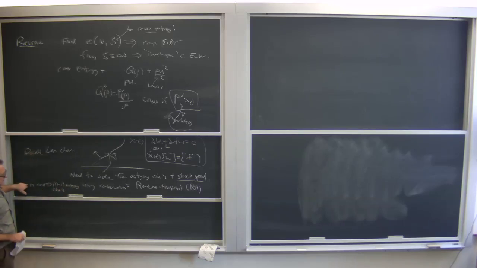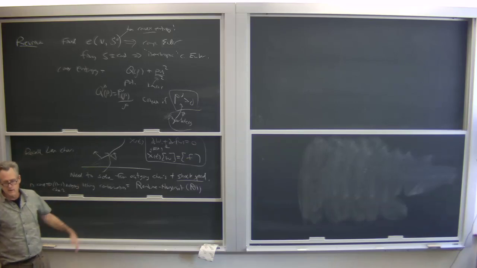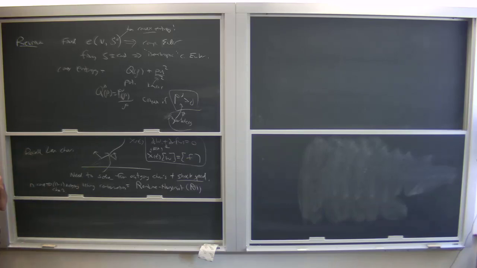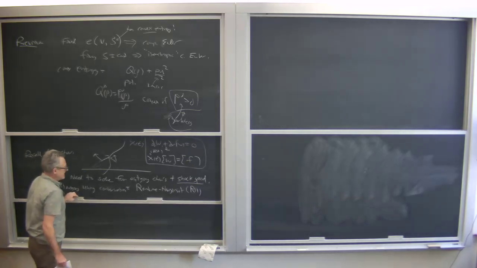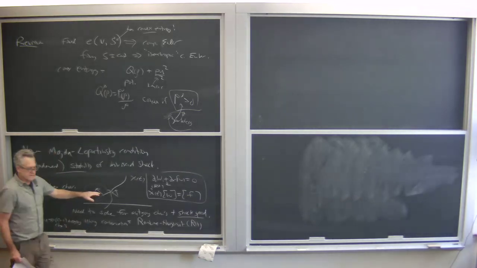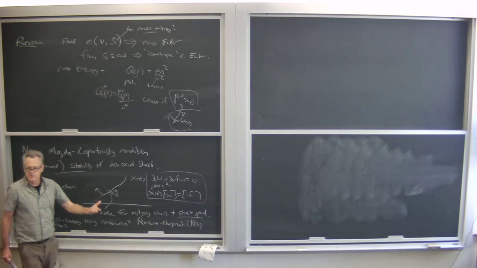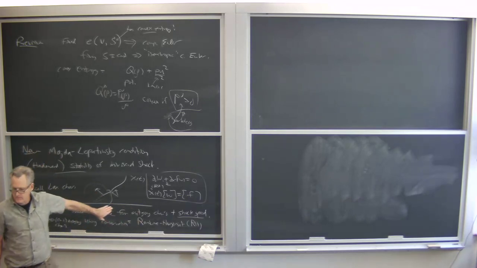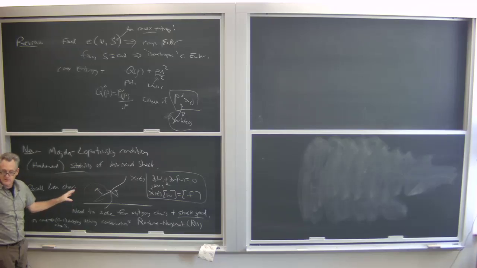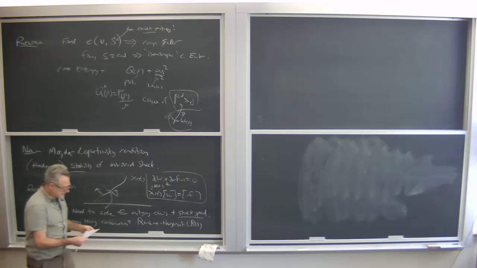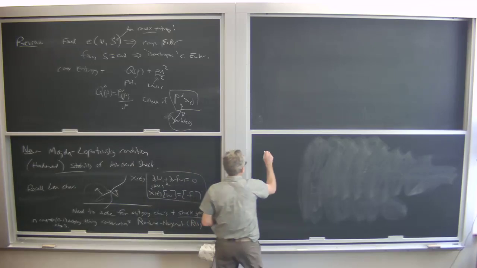Because we have to, using these n conditions, solve for all the outgoing waves and the speed, we can only accommodate n minus 1. That's the Lax characteristic condition. But of course, we know that's never quite enough. That's just a consistency condition. This is a linear system that we need to solve, so there's some kind of determinant condition involved for being able to solve this. So we have to think a little bit more about this.